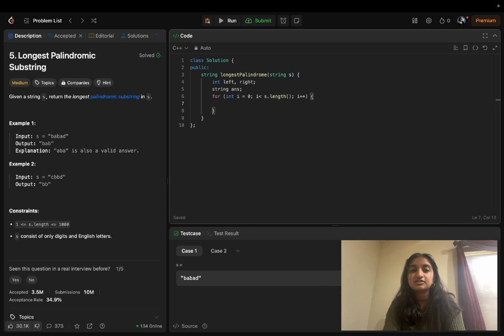Now, what I need to do is first set my two pointers for the odd solution, left equals i and right equals i, and then while left is greater than -1 and right is less than s.length, what I can do is I can also check to see if s left equals s right, and if this is the case,